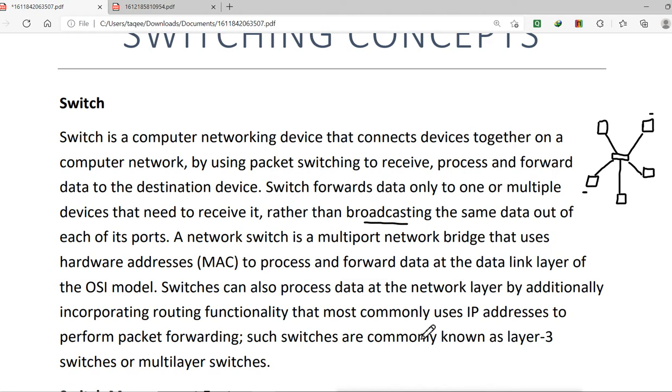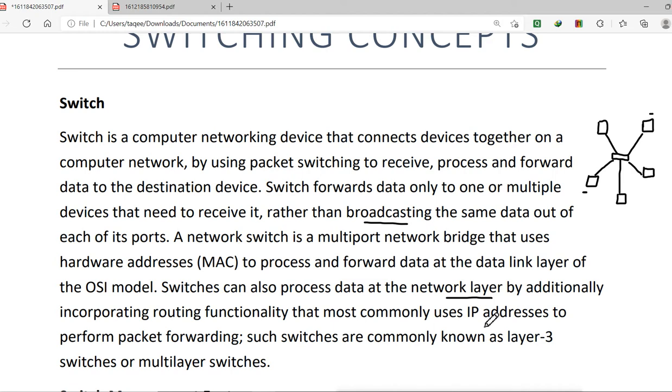But some switches can also open the network layer, that is layer 3. That means they can open the packet up to the network layer, where we have IP address information. Those switches can do forwarding based on IP addresses also.